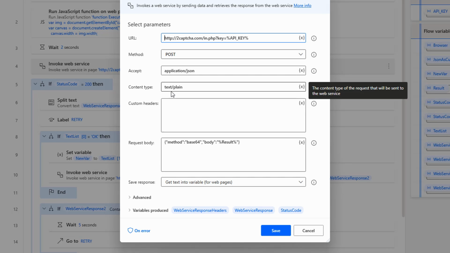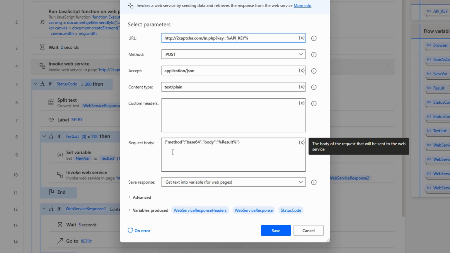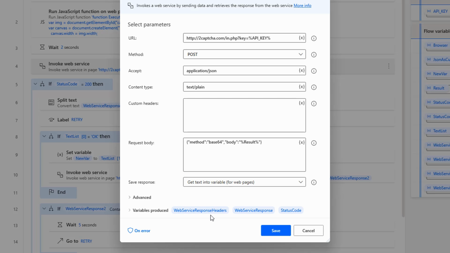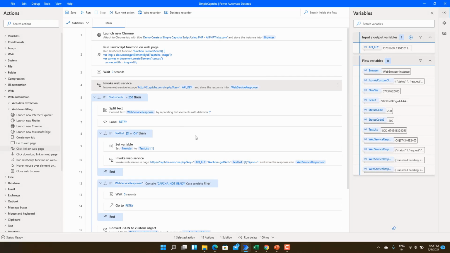And the method used here is POST, with accept as application JSON, content type text plain, and in the request body we will specify the method as base64 and the body as the base64 string which we created now. In the advanced part we have not specified anything extra, and you will get some outputs here. One is the web service response headers, the web service response, and the status code. Click on save.